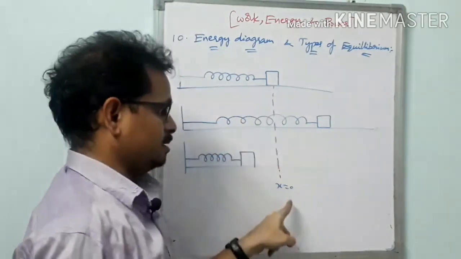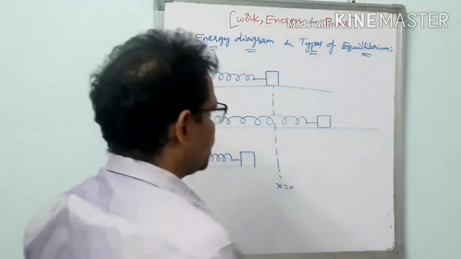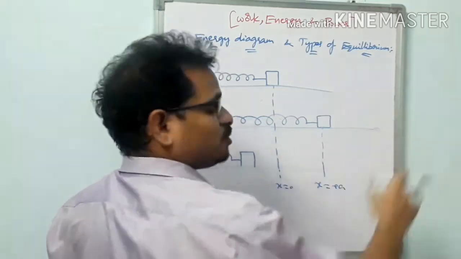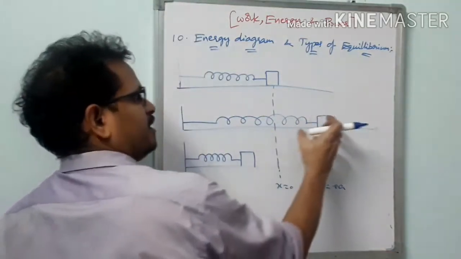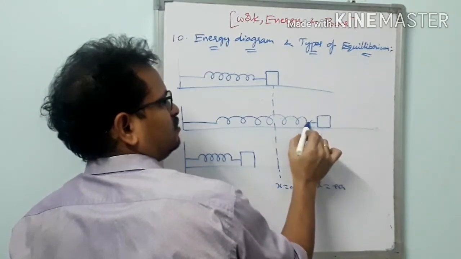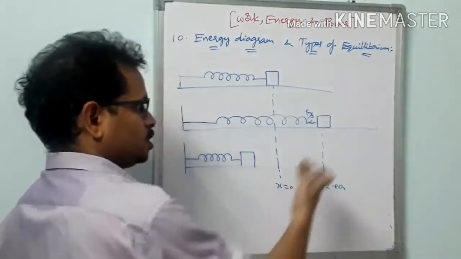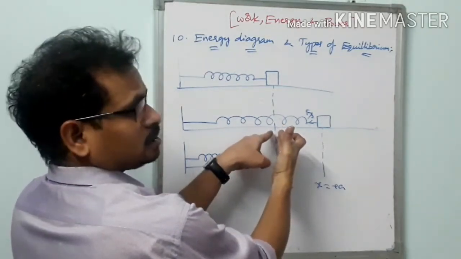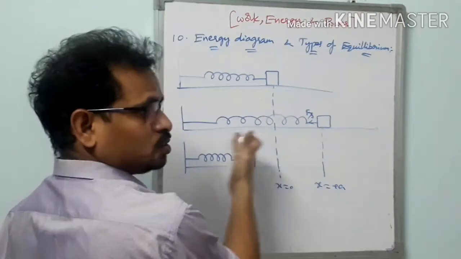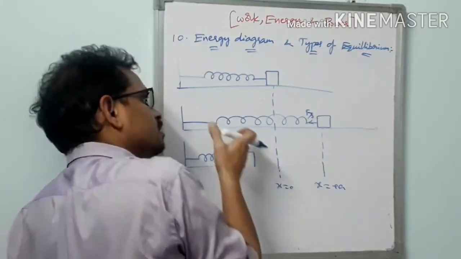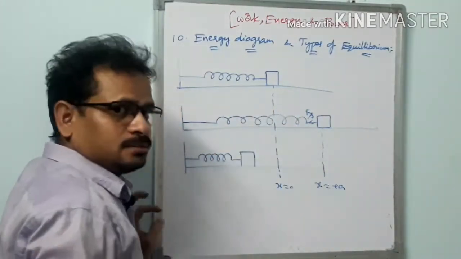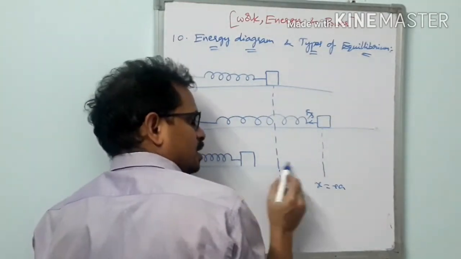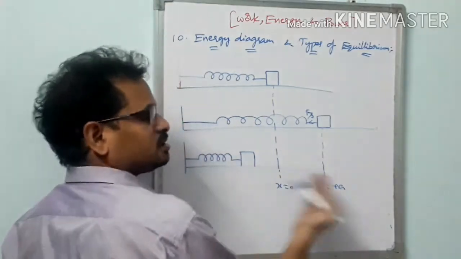Let this be its initial position, x equal to 0 here. Let it be extended to some x equal to plus a towards the positive x-axis and released. What happens? When it is released, the spring force will be acting leftwards, so it will be trying to bring it back to its equilibrium position or mean position. And here it cannot stop. It shoots over to the other side. And here the spring force will be in this direction now. That is the restoring force. So it tries to bring this back to its mean position. In this way oscillations take place here.